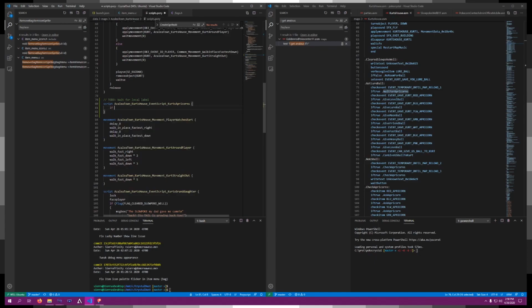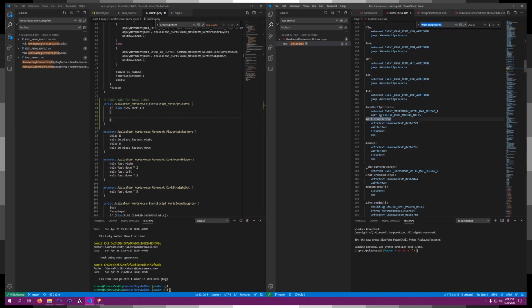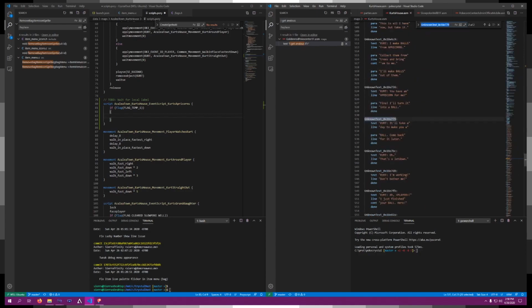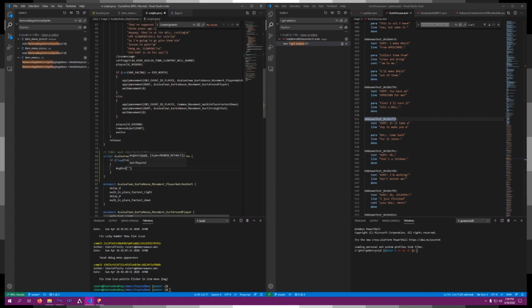So if flag temp 1 is set, then we will do wait for apricorns, which is just Kurt being like, "Yo, shut up! Leave me be." Search box. Kurt: It'll take a day to make you a ball. Come back for it later. Then I think that's all that does. Else